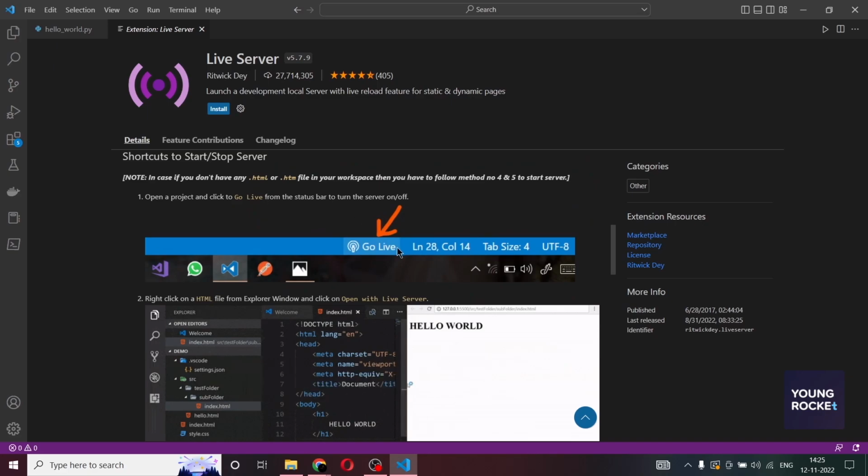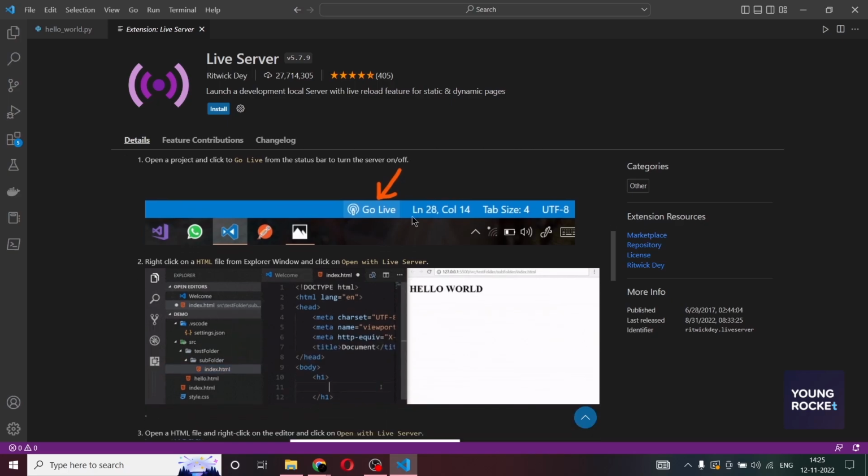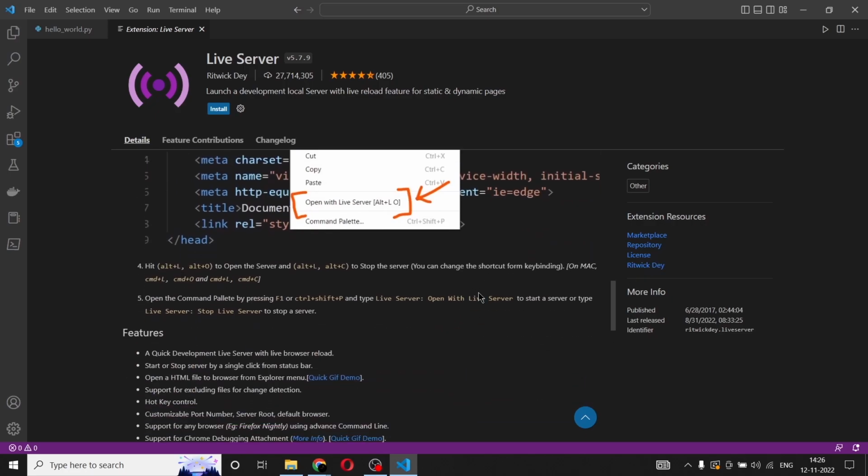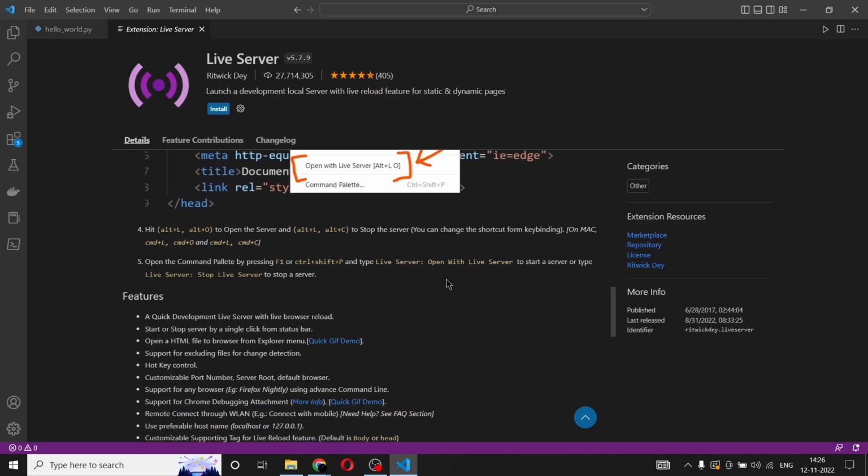And you can see that once you install this live server, you will have a button called go live, which will connect you to the server, and it is a button to turn on and turn off the server, right? So this way you can collaborate with others by creating a common pool of code where you and another person can edit the code simultaneously, and you can work together, right? And this can be used also to start a server on which your code will run, right? For example,